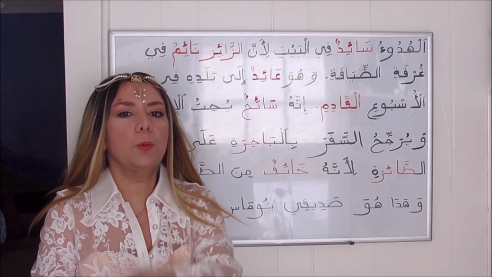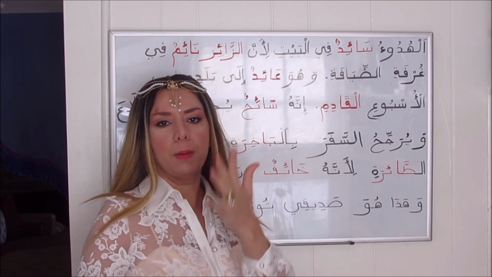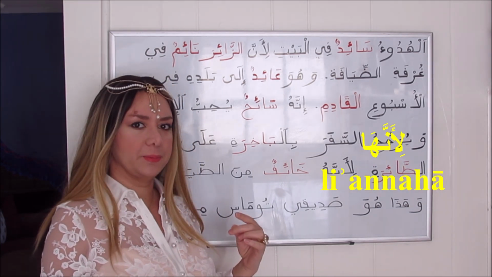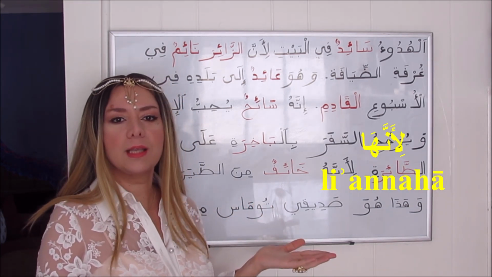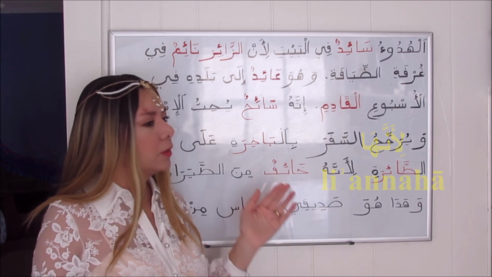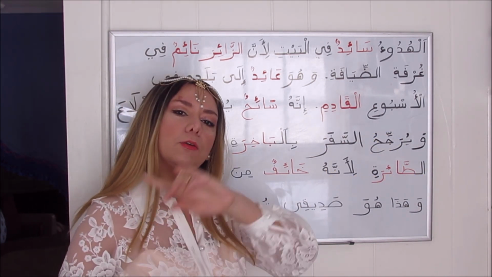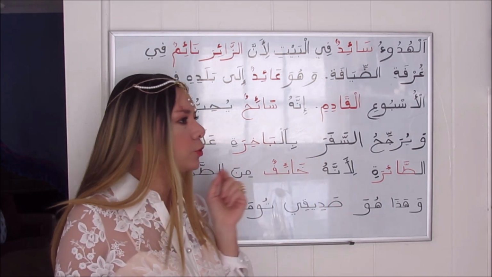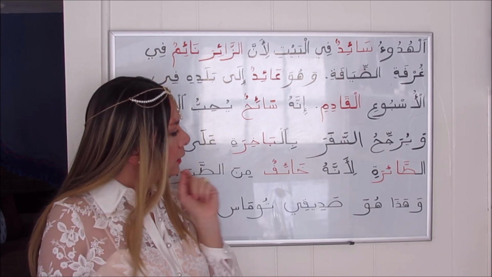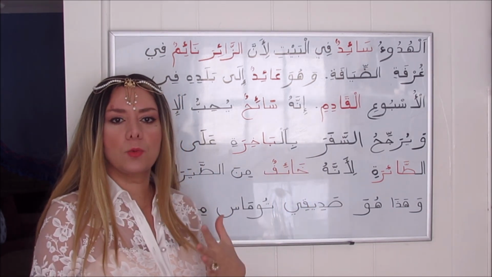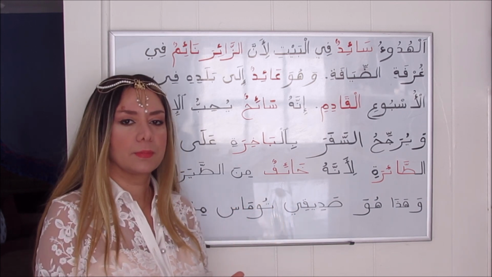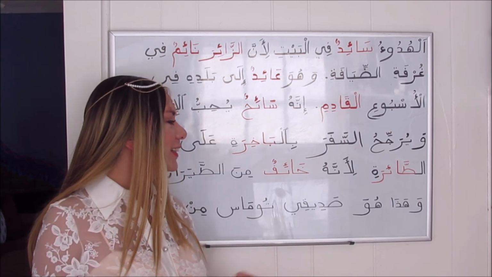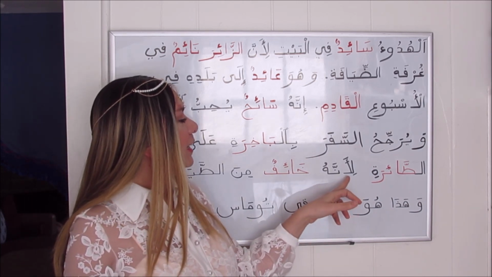When we are referring to the third person feminine singular, we would say لأنها, لأنها. So the fatha normally matches the following alif, لأنها. But for this object pronoun, we have to keep the dhamma. But this is still in the accusative case with an implicit fatha. Got it? Anyway, who cares about the cases? لأنه